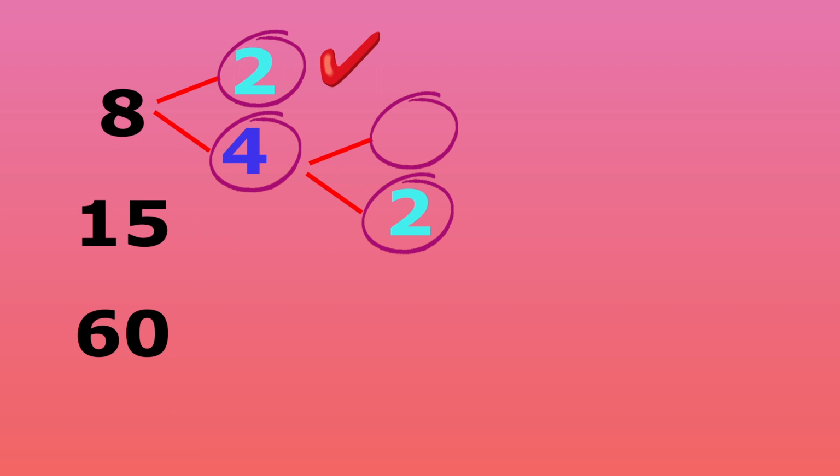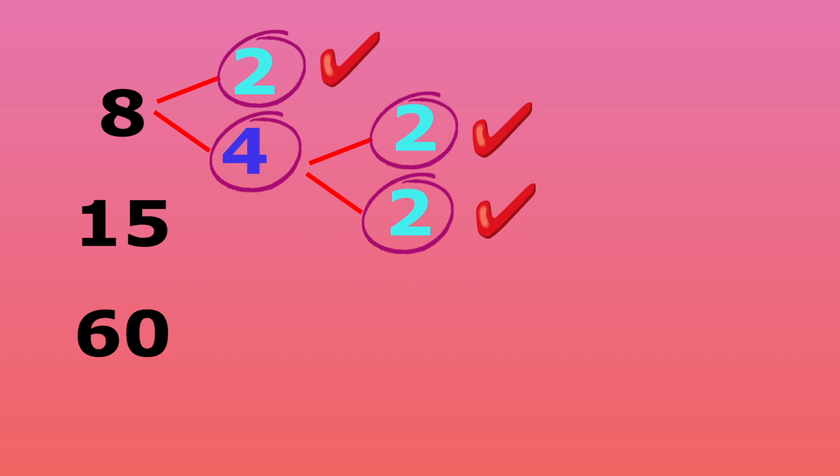Well, the only number that allows this is another 2. So the factor pair of 4 will be 2 times 2. Now, both of these numbers are prime, and so we mark them as complete. Since prime numbers cannot be factorized any further, see my videos on primes to understand this, we can't factorize the numbers we have circled as complete any further.